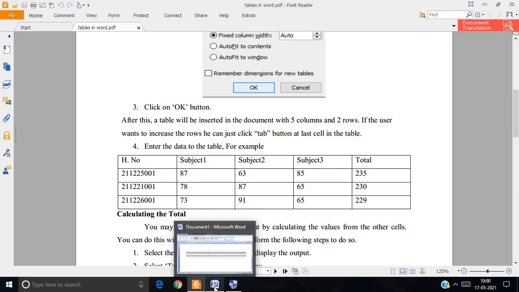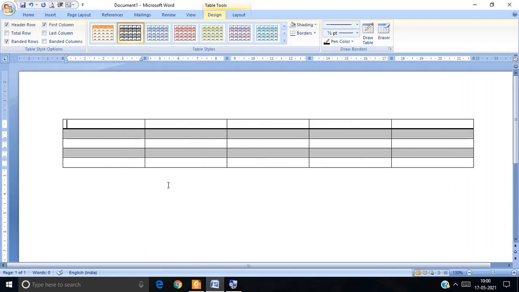First of all, hall ticket number, then subject 1 and subject 2. I am not writing any subject names here because we have different subjects for your groups. So: hall ticket number, subject 1, subject 2, subject 3, and finally the total.